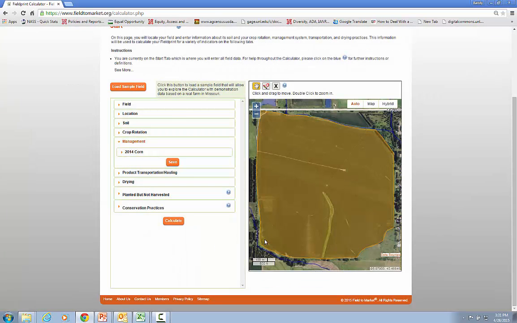There you go. Now we've got a head start on the information that we need to put into the Fieldprint calculator. Our next